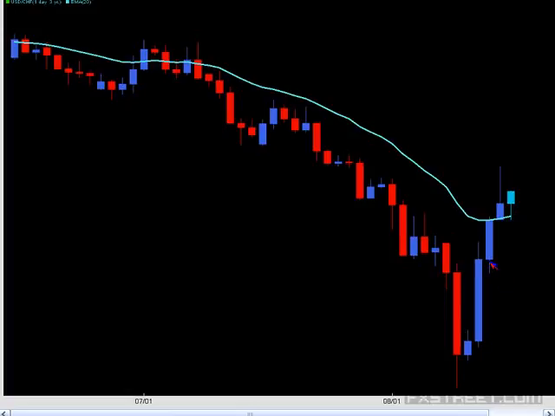Then the next candle opened up, dipped just a little bit, and then closed right on top of the 20 EMA, very close to the high. Very rarely do 20 EMA rejections work in such a way that they close right on the 20 EMA, closing towards the highs of that candle, coming off of such an extreme move. So I said, you know what? I don't want to take this reversal right now. I'm suspending my belief and judgment that this trend is going to continue, and I'm going to see what else is out there.